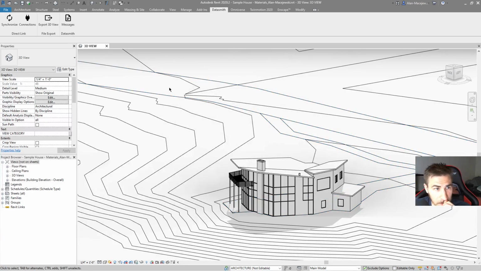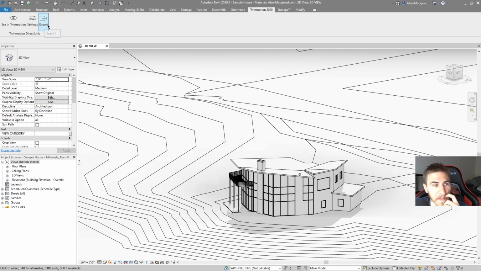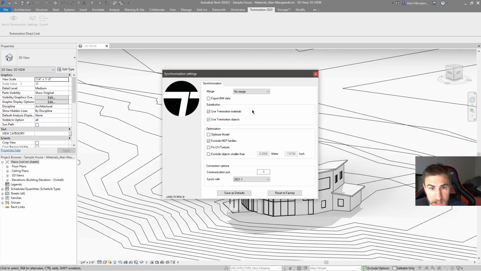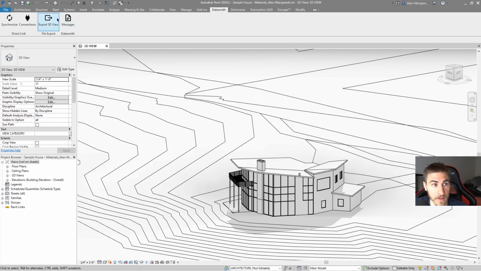That's for sure. But also, this file export is basically the exact same as this export, which is kind of too bad. But the thing to be aware of is that this is just an FBX. It is what it is. It's an FBX. It's not a Datasmith file. So I do like the fact that we can export the Datasmith file there from a 3D view, but it's acting the same way in that it's not directly linked. Now, the way around this,